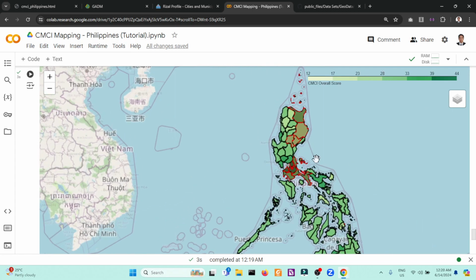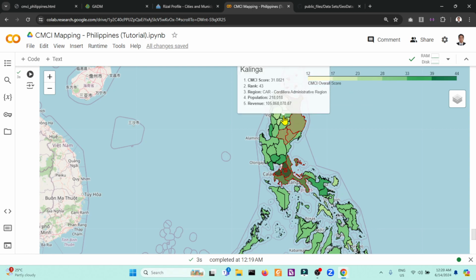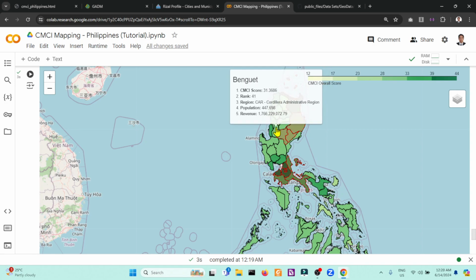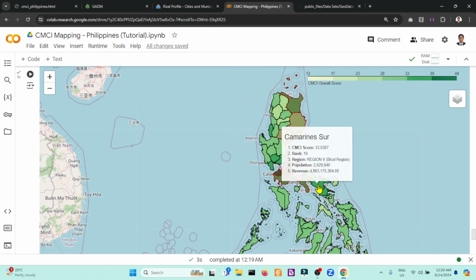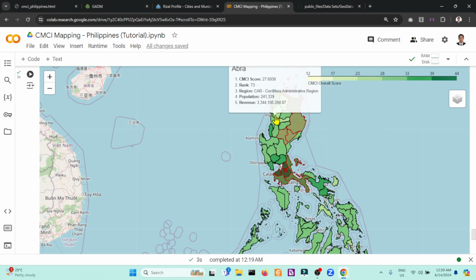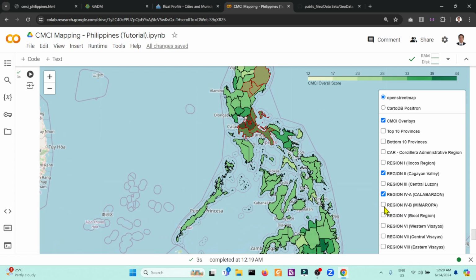For example, Cagayan Valley. So we have also a pop-up, but we have also a hover. In terms of region, if the layer region is activated, you need to click the map. If not, this is the general CMCI scores. So same data, different presentations. Okay. So how about Mimaropa? So this side, Bicol.